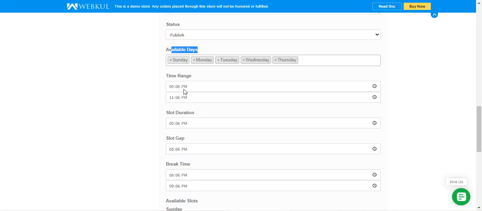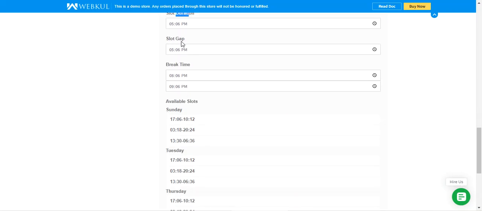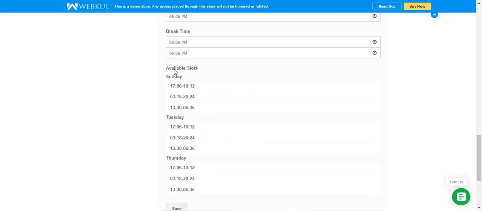Then we have a time range. So it's starting from 5 p.m. in the evening till 11 p.m. in the evening. Each slot duration is of 5 minutes there, and the slot gap is for 5 minutes. Then the break time is between 8 p.m. to 9 p.m. there. And after you've created the slots and saved the particular slot there, you will be able